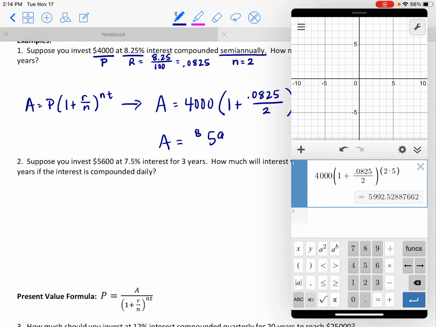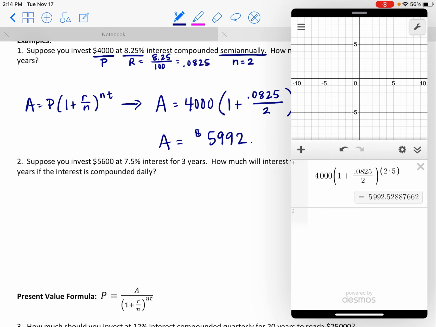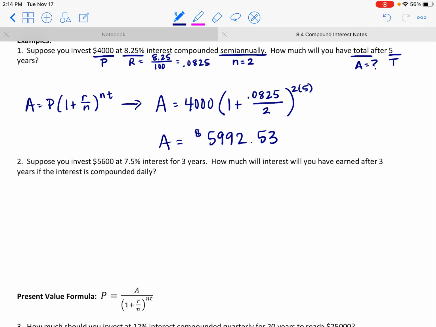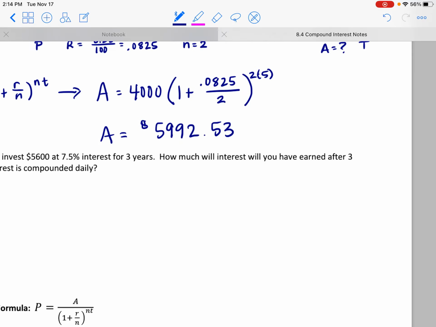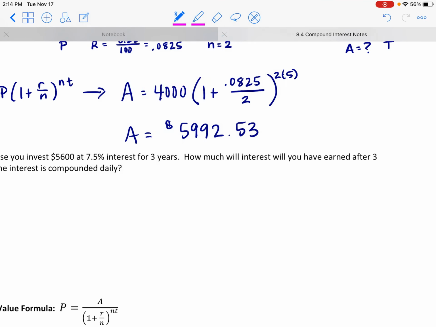So $5,992.53, because after the 2 is an 8, we would round that to a 3. So there it is. How much total are you going to have? If you start with a $4,000 investment at 8.25% compounded semi-annually after 5 years, you're going to have $5,992.53, which, by the way, means the difference there,